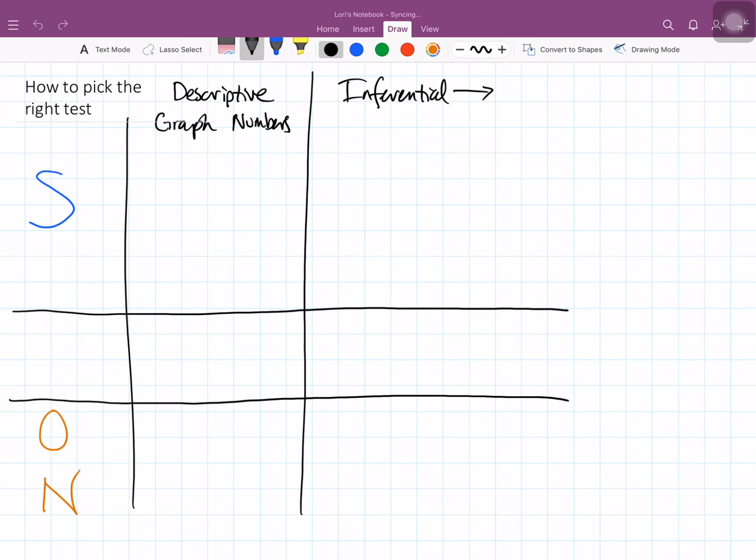Welcome to this next discussion on how to pick the right test. And this is going to be really fundamental as we get more and more tests in your armamentarium. So thinking about how to pick the right test is really crucial. It's also important to think about when you read a journal article, when they tell you what kind of test